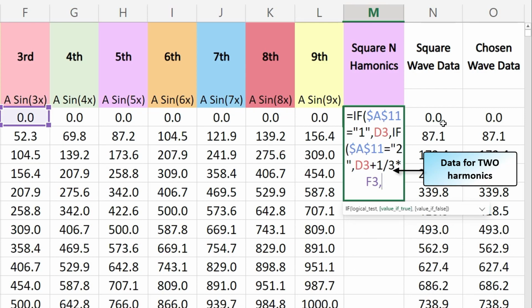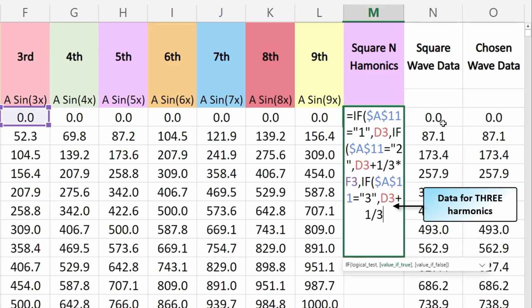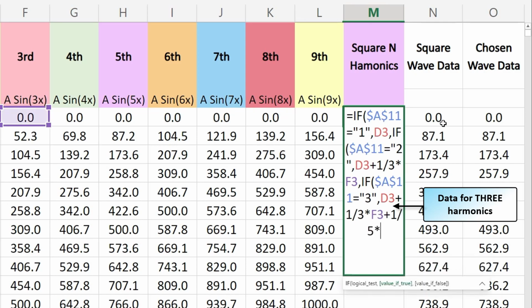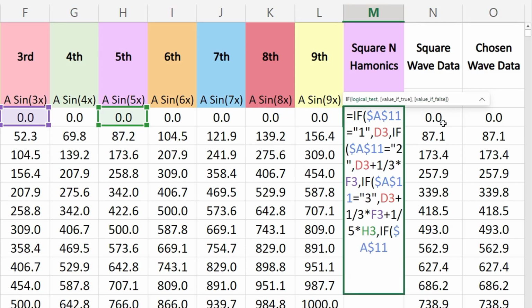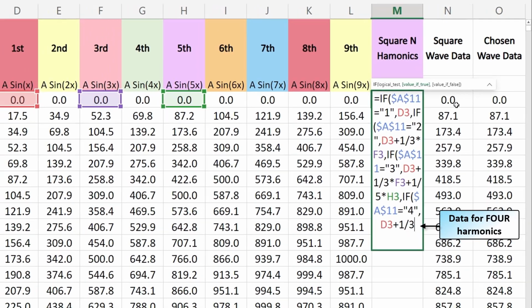The same stuff that we've done earlier for square waves. So here, if A11 says 3, then we need to tell it to use the data for 3 harmonics. I've sped this up because we've done this already a couple of times. If A11 says 4, put the data in for 4 added harmonics,